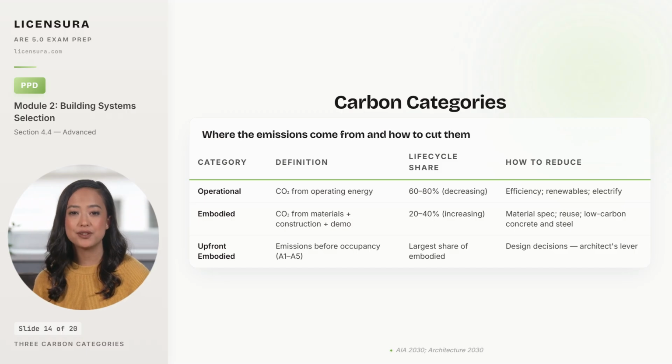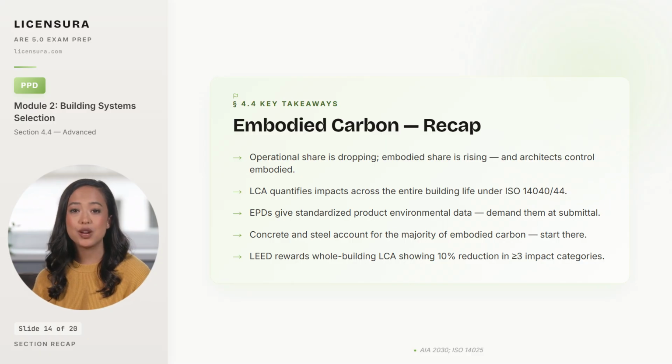Lock 4 takeaways before the next material selection meeting. 5 takeaways from life cycle assessment and embodied carbon. The trajectory has flipped. Operational carbon, historically the dominant share, is dropping as grids decarbonize, and embodied carbon is the increasing share of total emissions, with upfront embodied being the largest subcategory. Embodied carbon is the architect's lever because it is set by material specification, and upfront embodied is locked in before